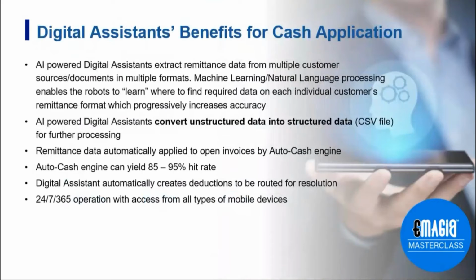What are the benefits? Well, the digital assistants extract the remit data, and they can extract it from virtually whatever form and format the customer submits it. And this is where the machine learning comes in. So the digital assistant sees the Walmart remittance and says, okay, our invoice number that they're paying is in the second column from the left, and remembers that. And then the Target remittance comes in, and oh, our invoice number is in the second column from the right. So it remembers and learns that too, so it can hone in quickly on the information